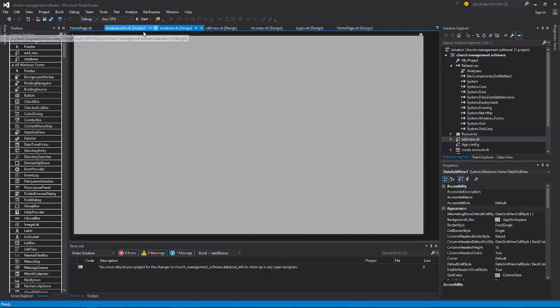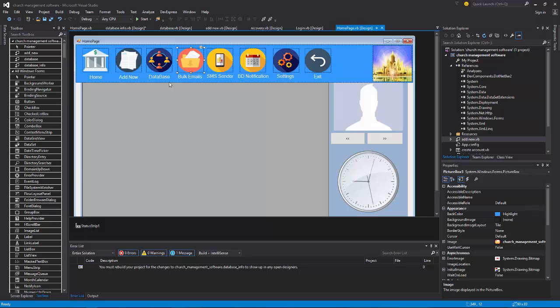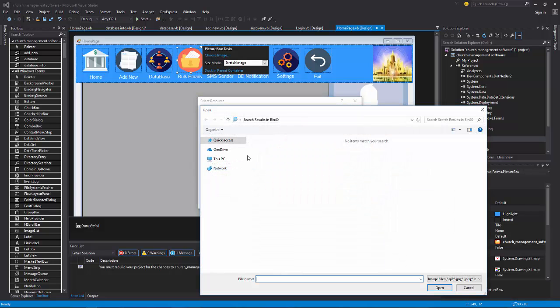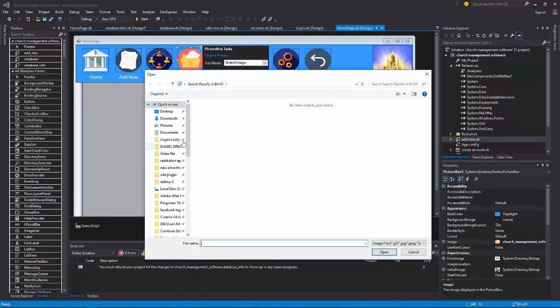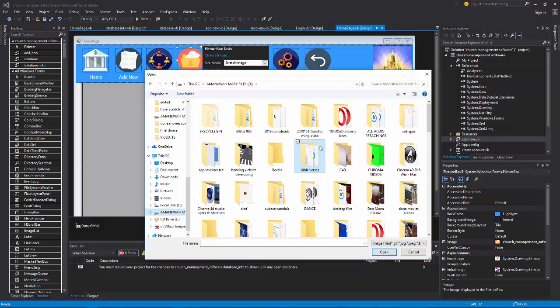Now let's go to the home page once again. That is the home page design. Then the bulk SMS, the bulk emails. Let's try to import some nice image inside our projects. So I'm just gonna go straight to